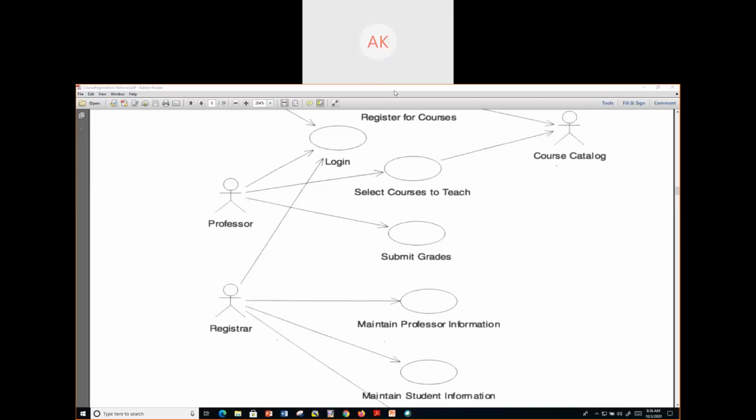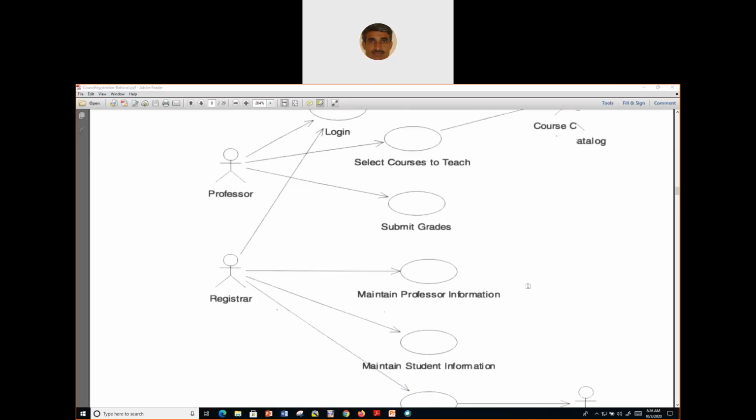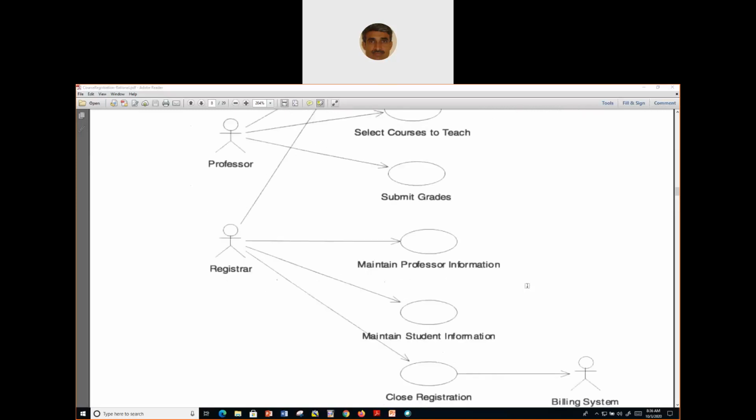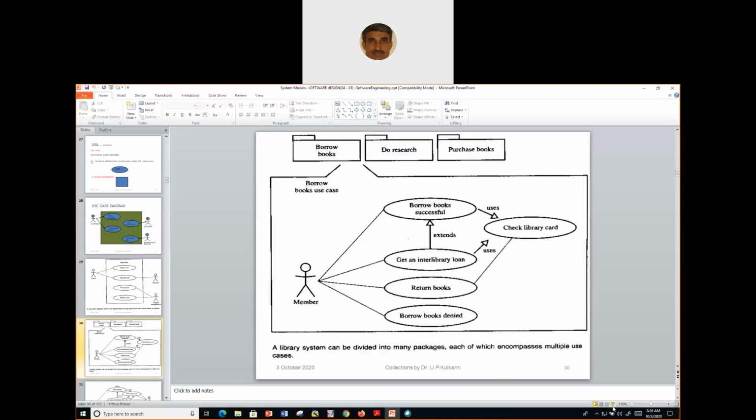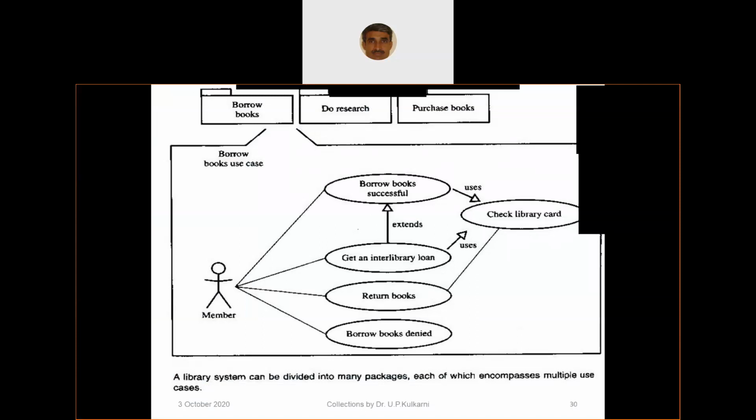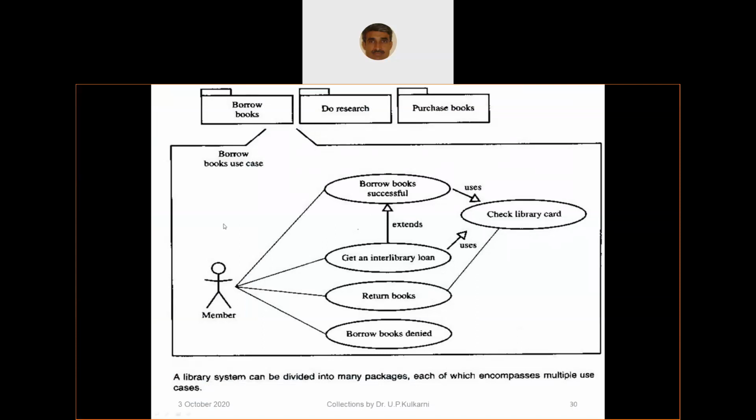Okay, so this is what we expect you to go through in the case study that's given in the Google Classroom. We are back now to what is given in the textbook.